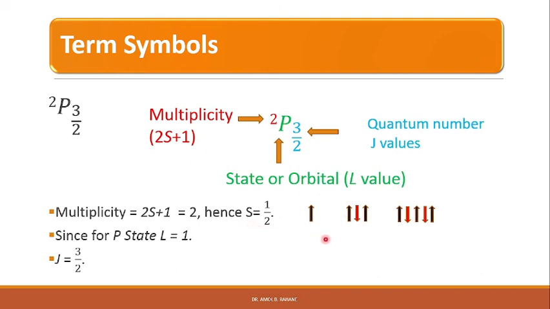Further, the L equal to 1 value implies that there may be 1 p electron, or 1 p and 2 s electrons, or any other combination with 1 p electron. Normally it is not important to determine how many contributing electrons there are. We are only interested in the energy state of the atom as a whole. Therefore we use the term symbols to explain the spectral lines in atoms.